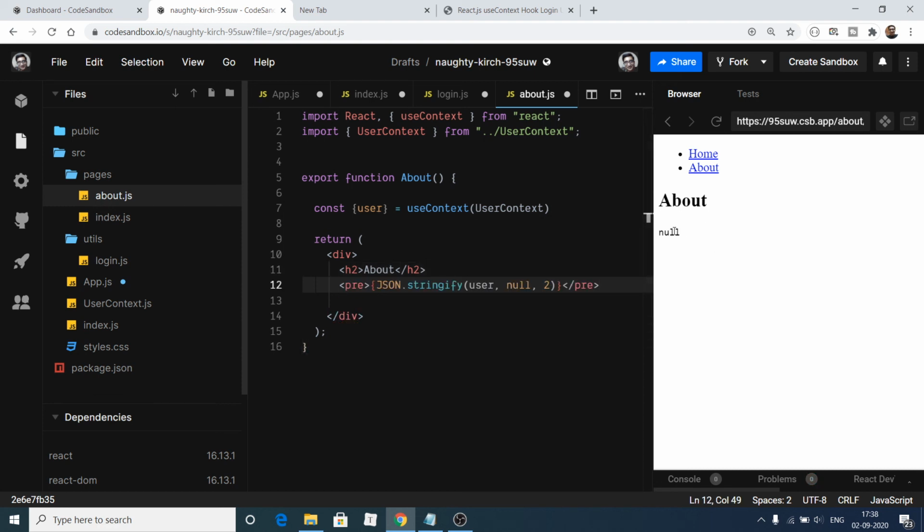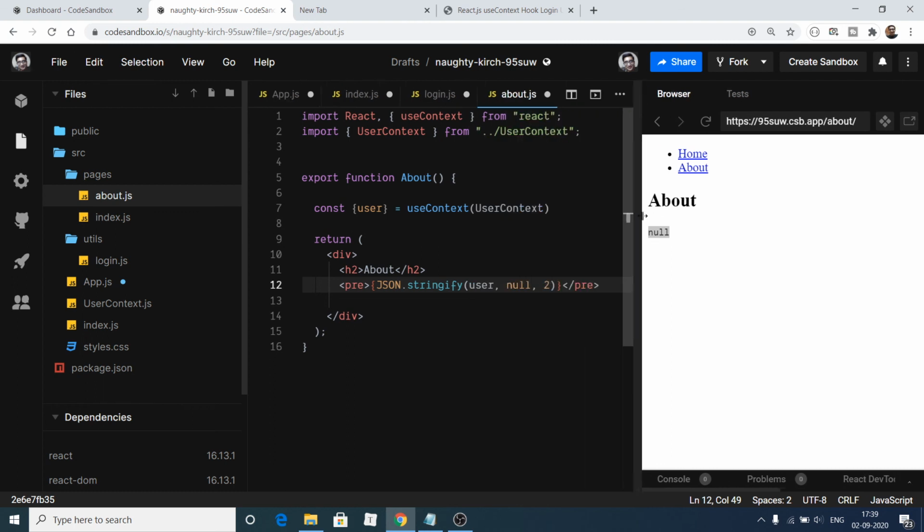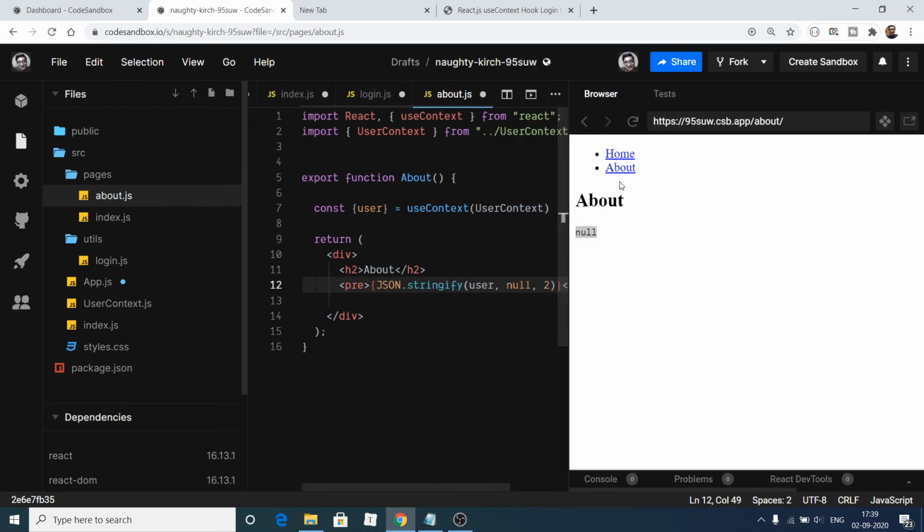You will see in the about section also null is printed out. And if I click on the login button, you will see one user will be logged in successfully. If I click about page, you will see this response will stay on the about page too. And if I click logout, if I change to null here, now if I open the about page, it will again show me null.